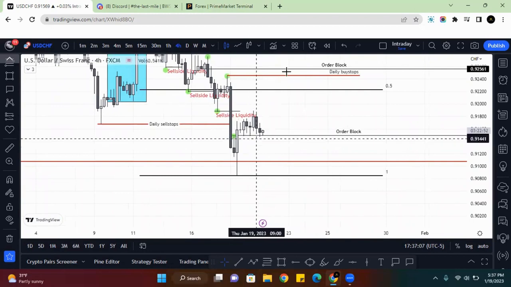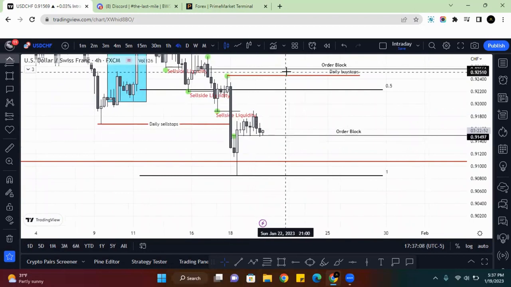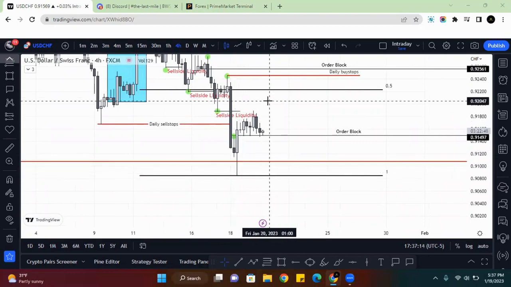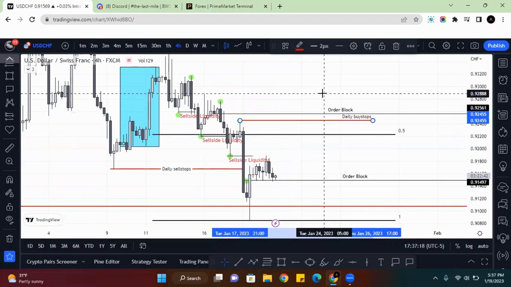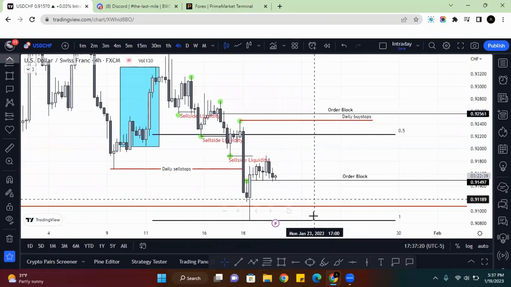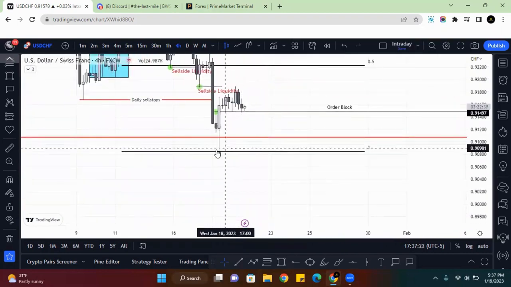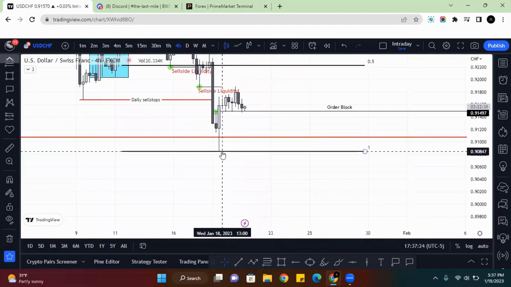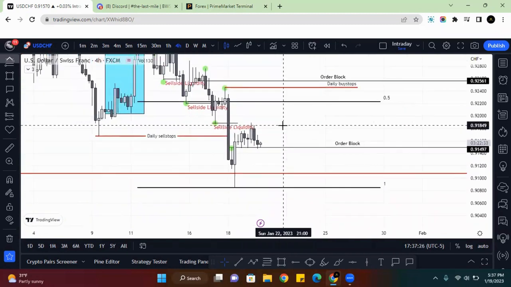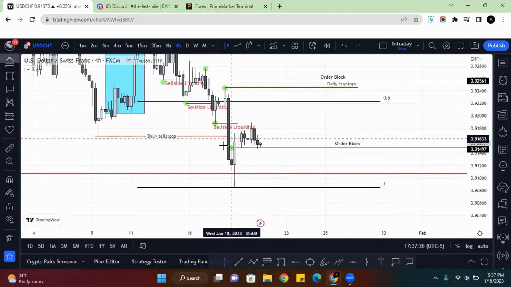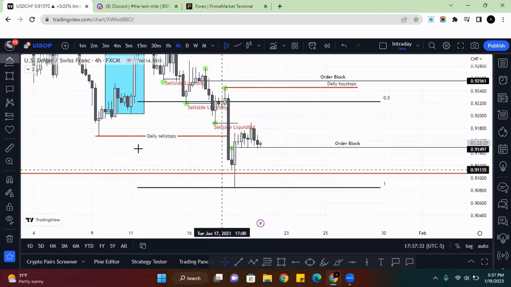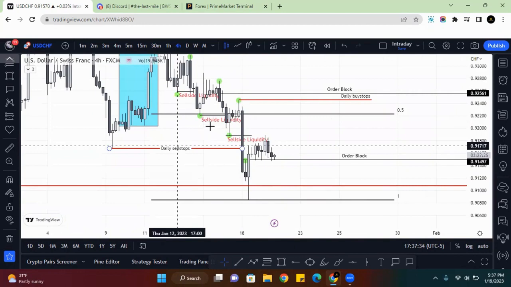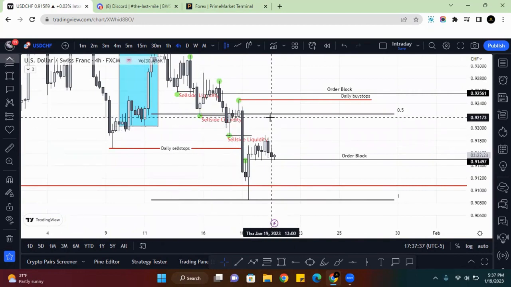So if you're trying to buy this back to the upside, you can use that temporary strong low as a buy opportunity. But knowing that these daily buy stops are going to be taken pro trend, and then it's going to have a continuation, and then eventually this temporary strong low will be violated and be a weak low. So that's how you use liquidity to make money both ways. You can sell something and then buy it right back and have context behind that, right? Drop it in the chat box if you get that.